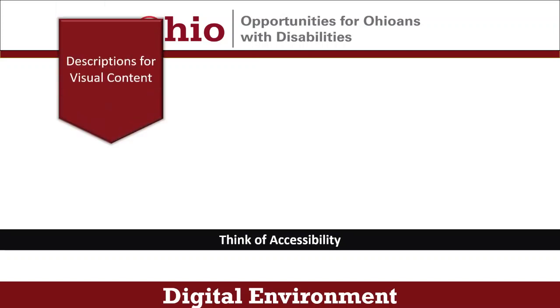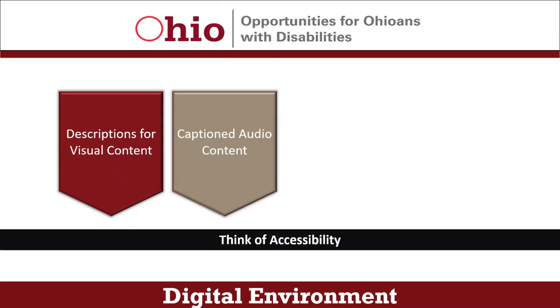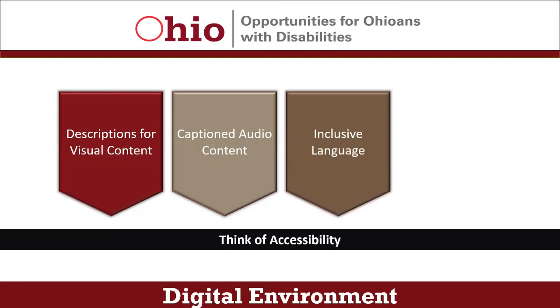For example, there may be visual content that is not described in words for individuals who are blind or have low vision and use screen reading software to receive information. Or there may be audio content that is not captioned. For example, many employers use training videos for onboarding or to communicate safety protocols. When these videos do not contain captions, an employee who is deaf or hard of hearing may miss out on receiving this important information. There can also be barriers in the way content is communicated when they include technical terms, jargon, acronyms, and words with more than one meaning without defining or describing these terms.